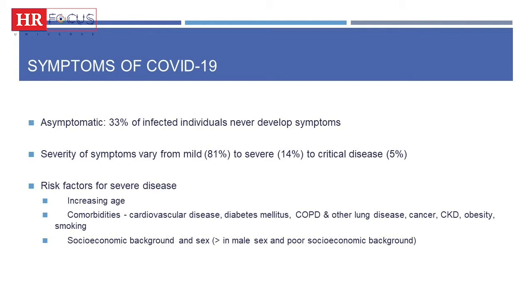About 81% of people who have symptoms would have symptoms that are very mild, and this is good. And then we would have about 14% of individuals who have very severe cases, then about only 5%, based on current research data, that would have critical disease that will require ICU care.